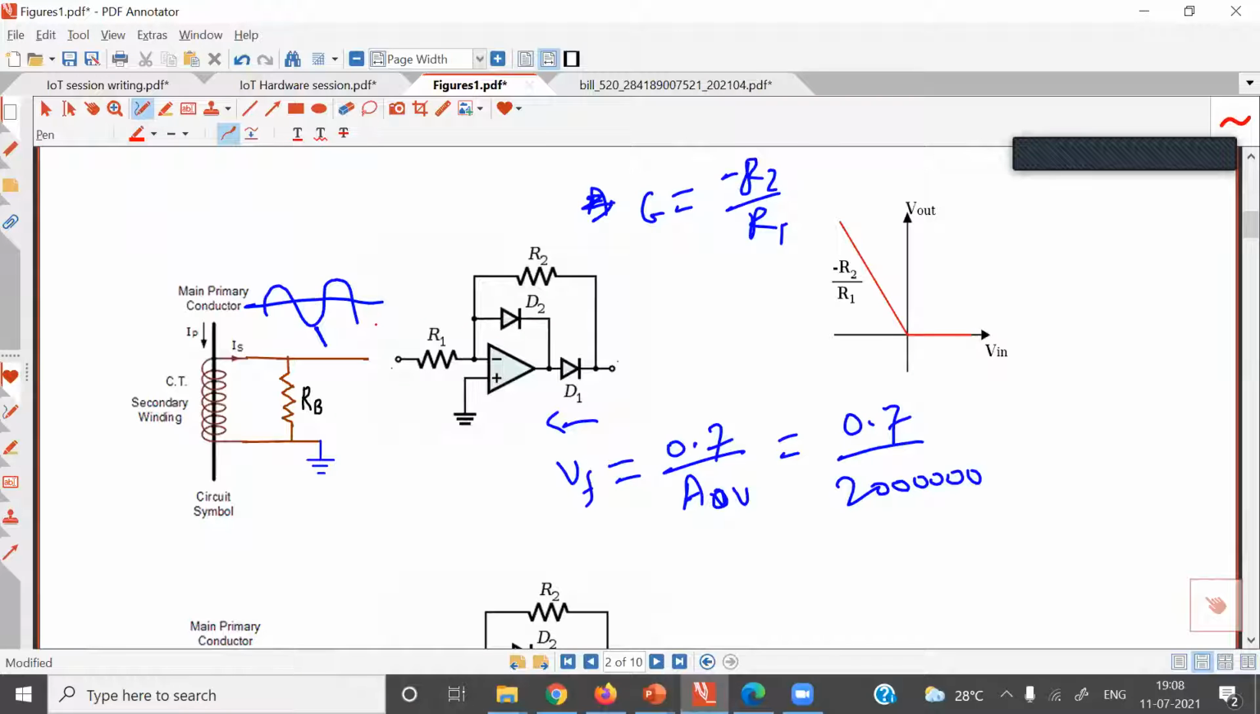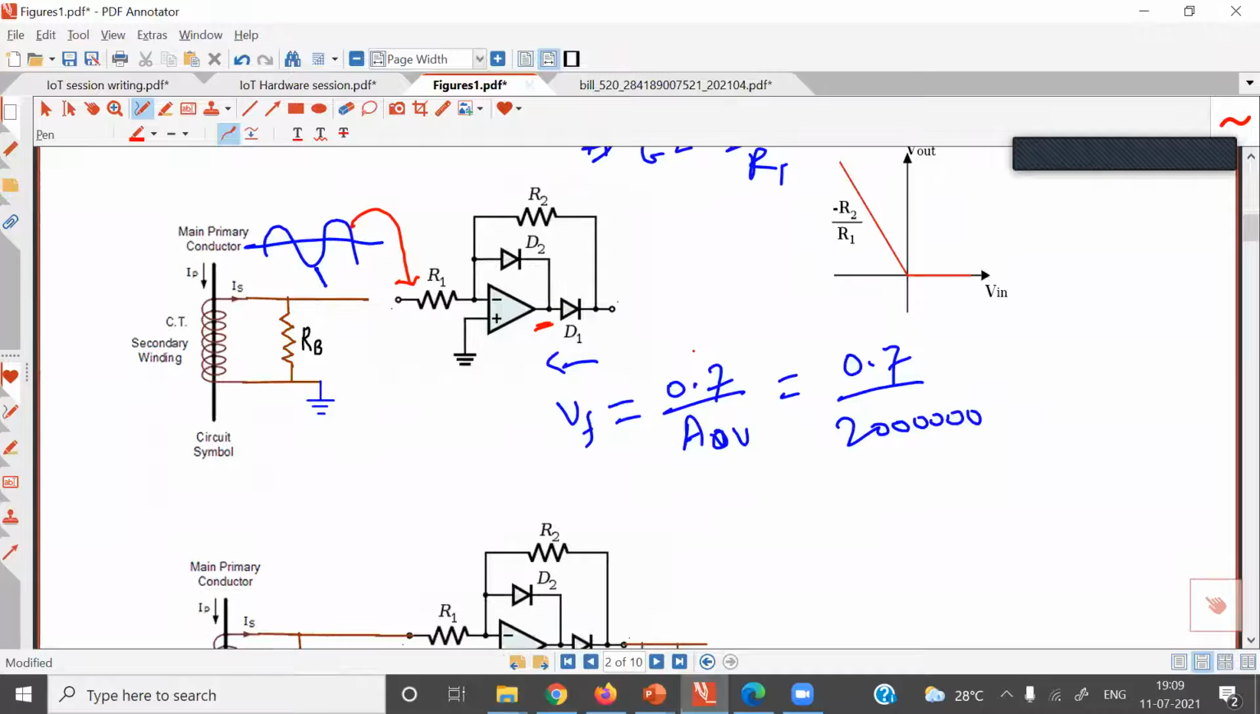Negative voltage. During the positive half cycle of input, here we'll get negative voltage. Because of negative voltage, this diode will be in reverse bias condition. So therefore, voltage at the output will become 0. So what we get at the output of this operational amplifier is rectified